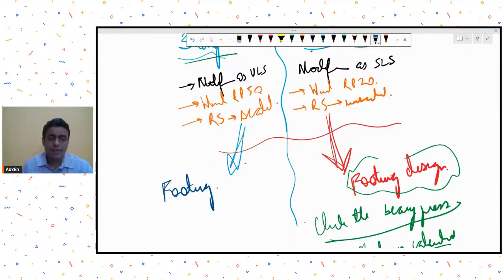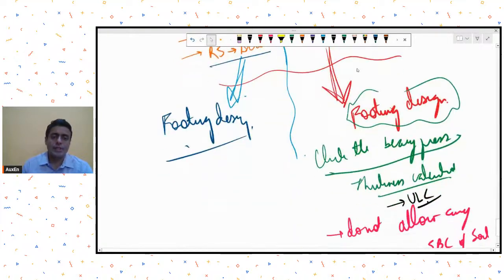So the strength model means the wind speed is for a return period of 50 years. The response spectrum is the scaled response spectrum, and the modifiers are as per ultimate limit state. So they take this model for footing design. Now, in this model, as per my opinion, you may allow